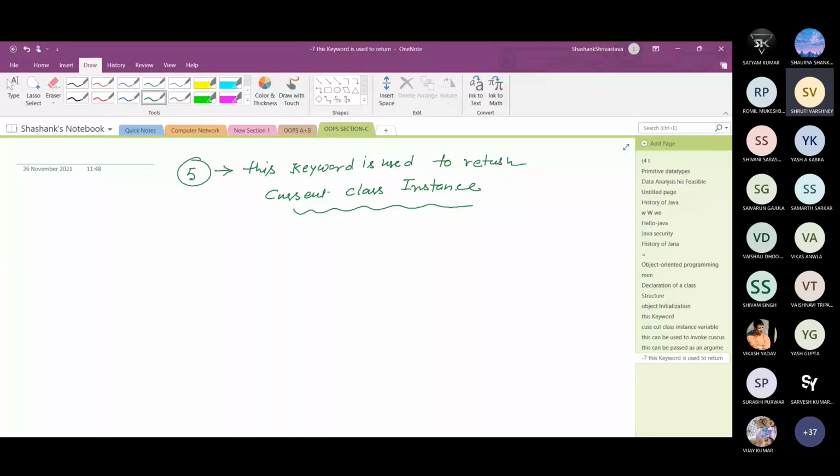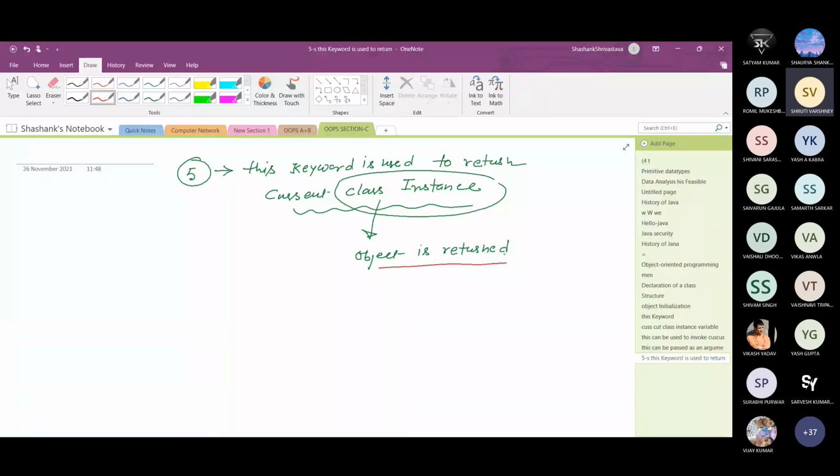Current class instance is returned means object is returned actually. Because current class instance means object. Class instance means object. So current class instance is returned means object is returned, obviously from some method.